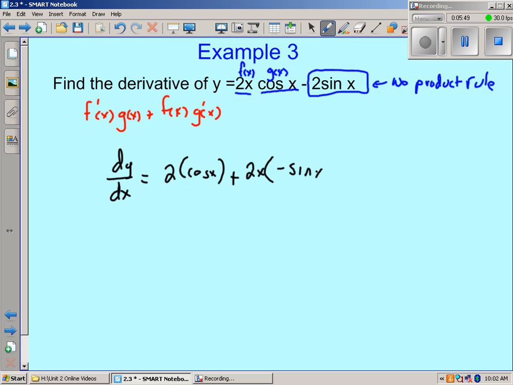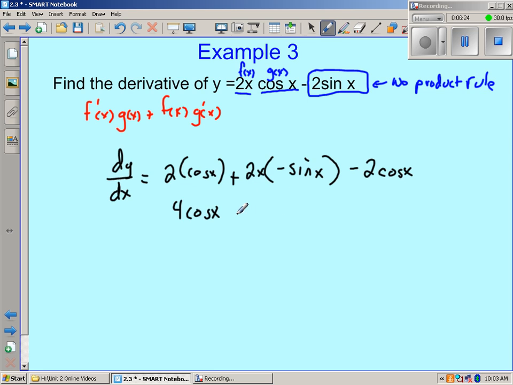And then for this last part, since there's no product rule necessary, I just continue on. The negative 2 is a constant multiple, so I can just go ahead and write the negative 2 and then take the derivative of sine of x, which is cosine of x. So then it's just a matter of simplifying this a little bit, and I will end up with, looks like, 4 cosine of x plus, or 4 cosine of x minus